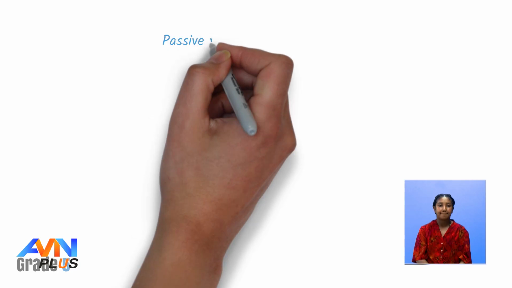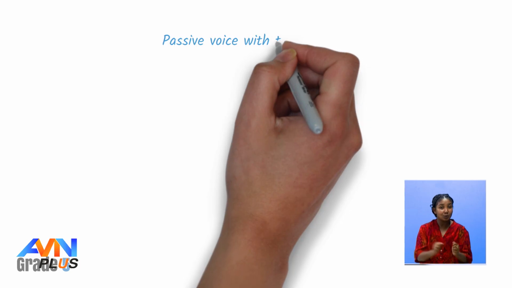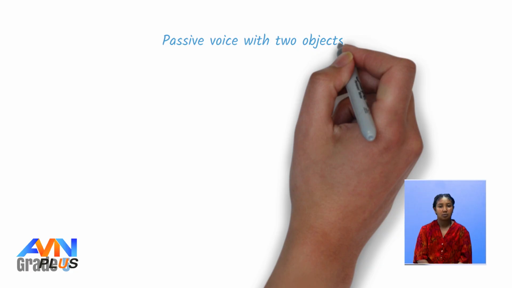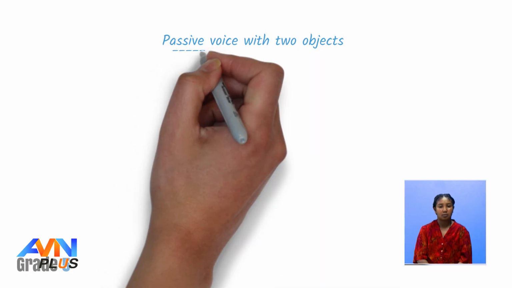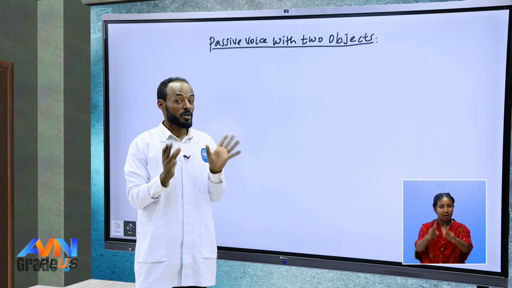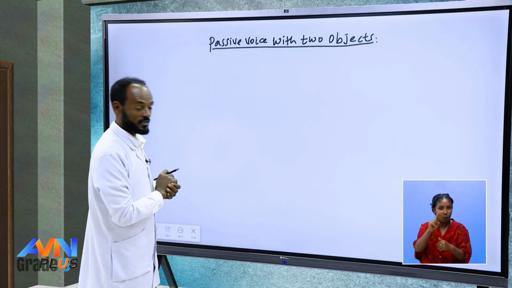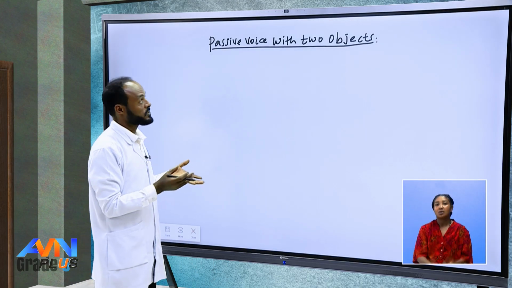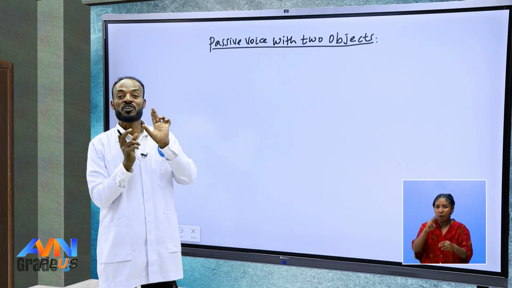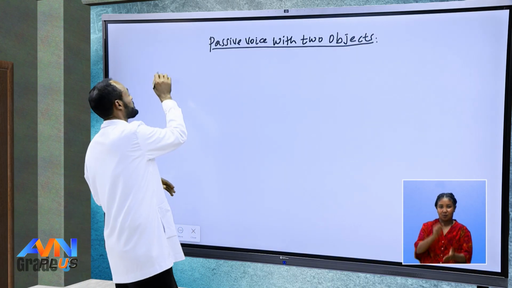Passive voice with two objects. Okay, now it's time to talk about two objects because we've discussed one object. Come on, students. When we say two objects, it means the sentence which contains two receivers of the action. Isn't it? For example,